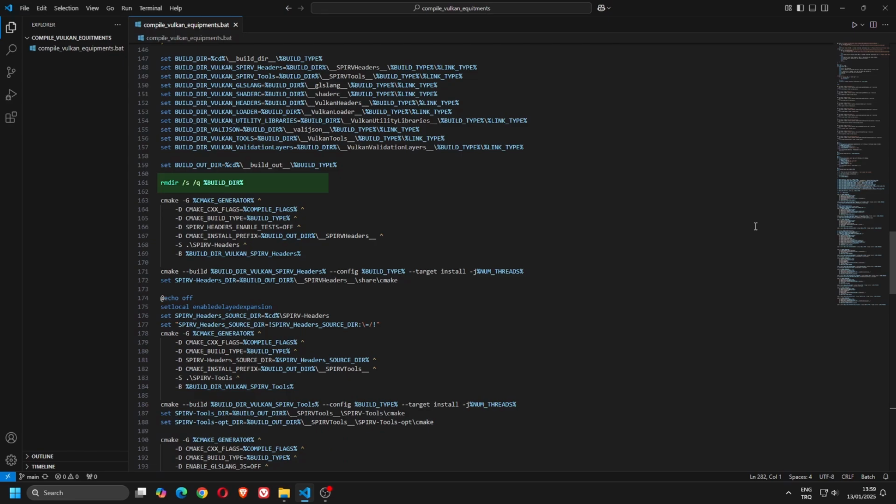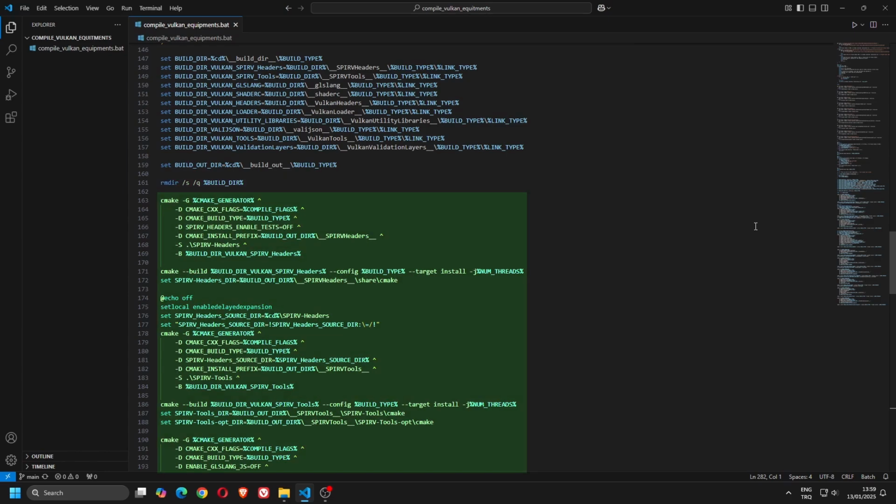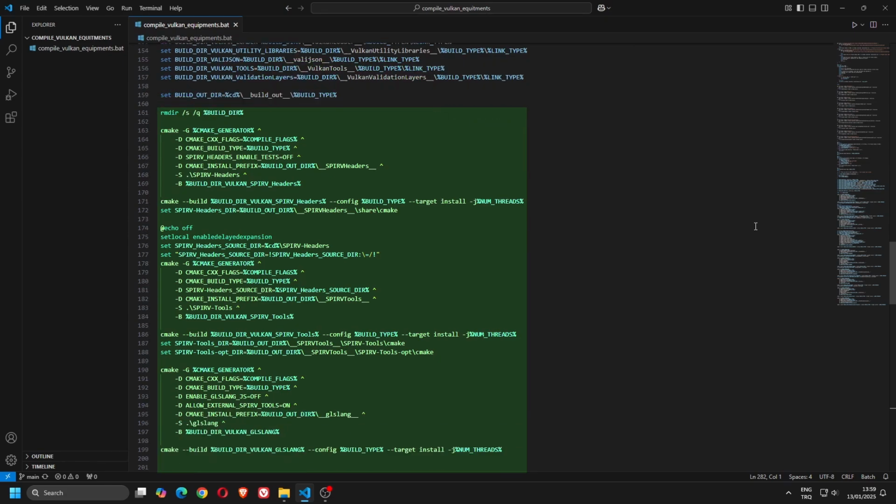Clean the previous configuration. This is required when you need to run the script consecutively. Configure the CMake arguments. I've enabled the necessary options and disabled unnecessary ones in all configurations, such as examples and tests. After each configuration, the script will begin the compilation process.